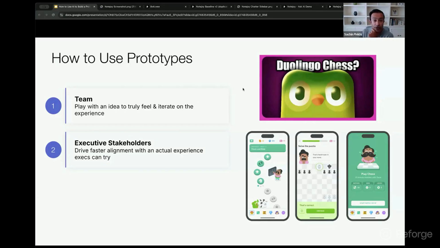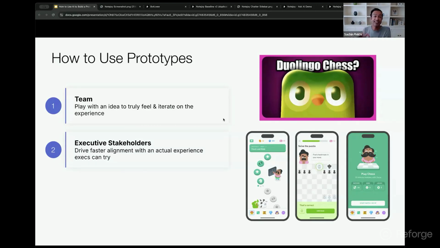Now, what Edwin, one of their GPMs, did was he didn't have these debates like that. He instead decided to build a prototype. He got one of these prototyping tools and started prototyping the core interactions. And his belief was that chess can be learned leveraging many of the same techniques that they use for language learners. This idea of spaced repetition, this idea of little puzzles. And so he prototyped that and showed what those experiences would look like.